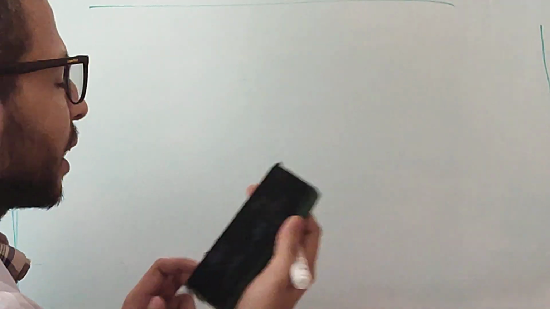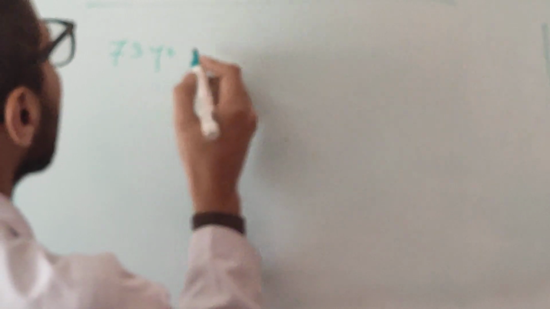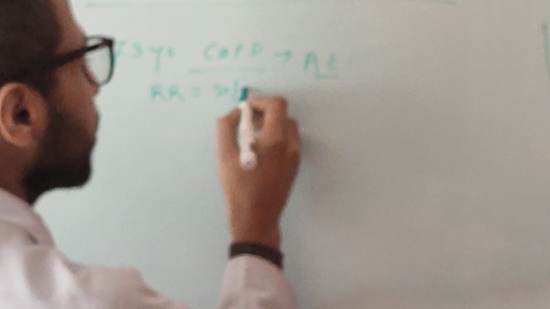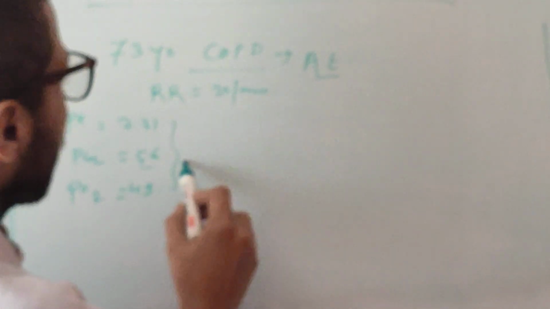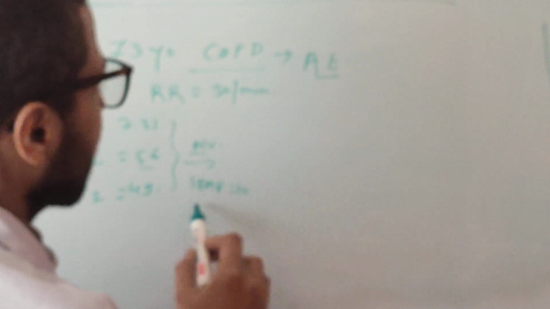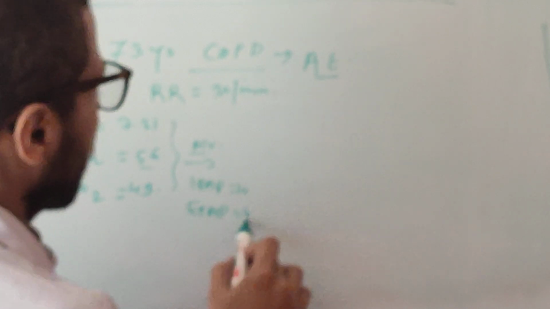So let me give you one clinical scenario. One 73-year-old male, he is a known case of COPD. He presents to emergency with acute exacerbation. And initially his respiratory rate at presentation was 30 per minute. And you did ABG and pH was 7.31, PCO2 was 56, PO2 was 49 mmHg. So this was his initial status. PCO2 was high, so you decided to keep the patient on NIV. So you kept the IPAP at 10 centimeter water, EPAP at 4 centimeter of water, let's suppose, and you initiated